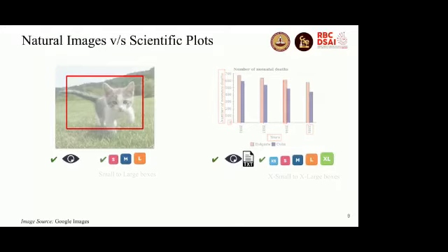The third difference is more structural information in a scientific plot as compared to a natural image. And the emphasis here is on the word more. I'm not saying that natural images don't have structural information. Of course, when you see a cat, you would expect it to be sitting or lying somewhere. So you expect that whenever there's a cat, there is something underneath it. Maybe it could be a rug, grass, a sofa, or a chair. That kind of structural information does exist, but it is much more in the case of scientific plots,